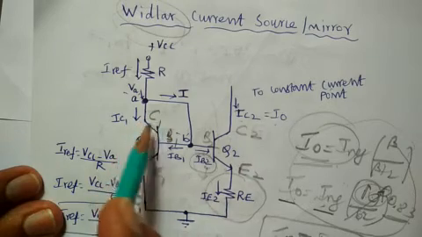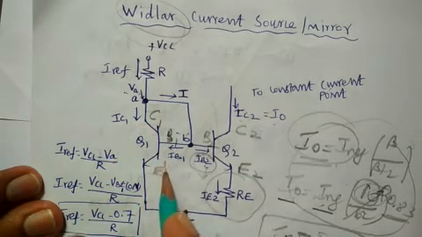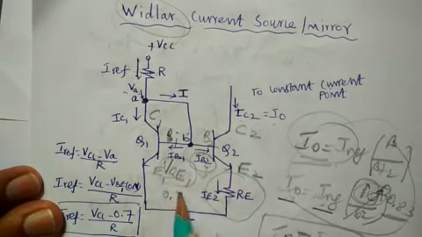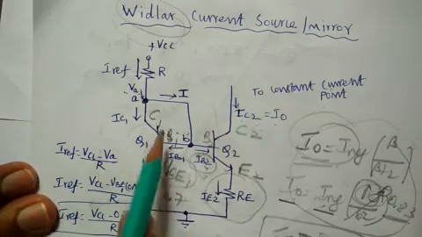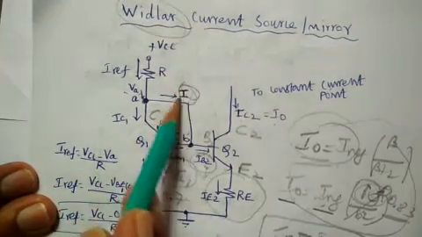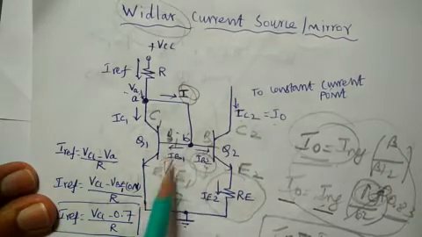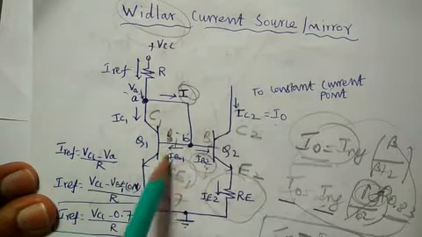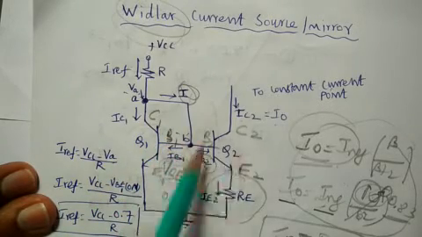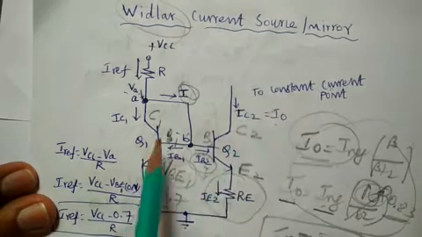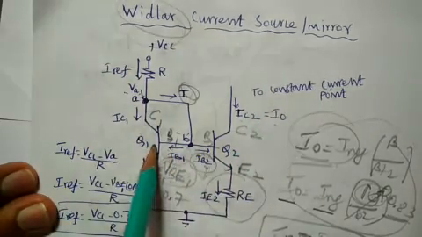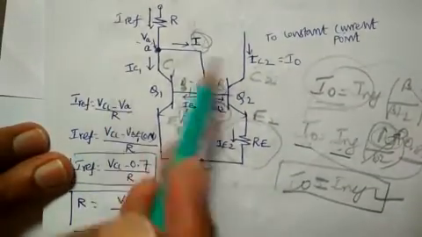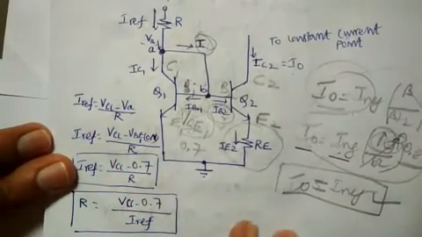This switch on of Q1 is simply setting the base emitter potential at the required level, that is 0.7 volt in case of silicon. So by properly providing this I to this base, you're properly setting base current, you'll be able to get this VBE. Once this VBE is sufficient, Q1 will be switched on. If Q1 is switched on, then this will drive Q2 to switch on and to deliver this I out. In this way, I reference is processed by Q1, Q2 and delivered as I out, the mirror current, output current. The functionality is exactly same as that of simple current mirror.